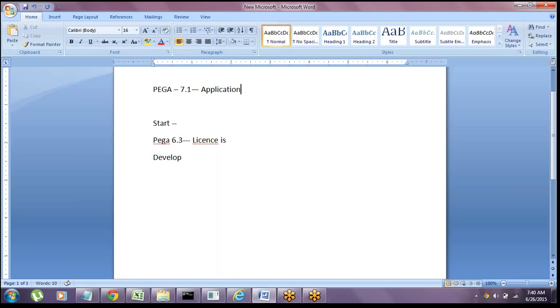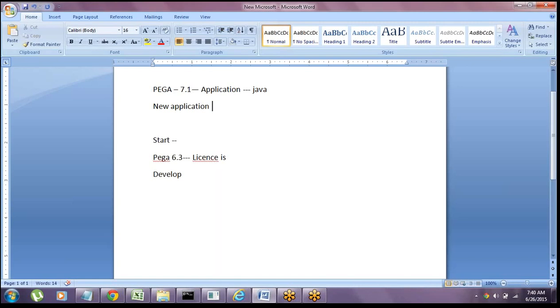Pega is just an application which is developed using the Java language. A group of Java developers designed this Pega application, guys, and using this developed application we can again develop new applications. Using this Pega BPM tool we can develop new applications.